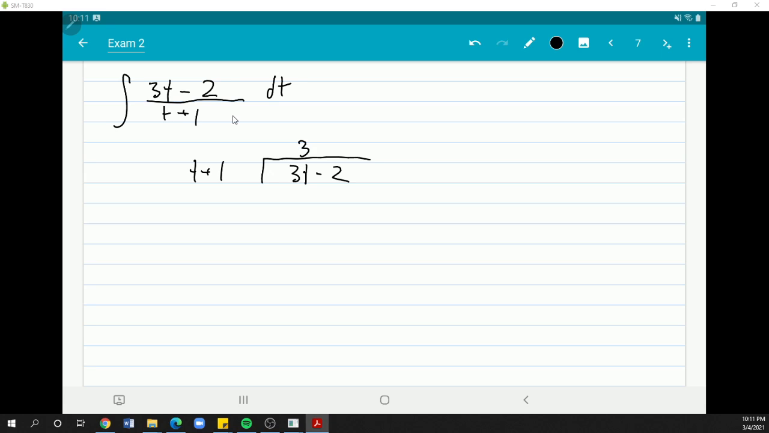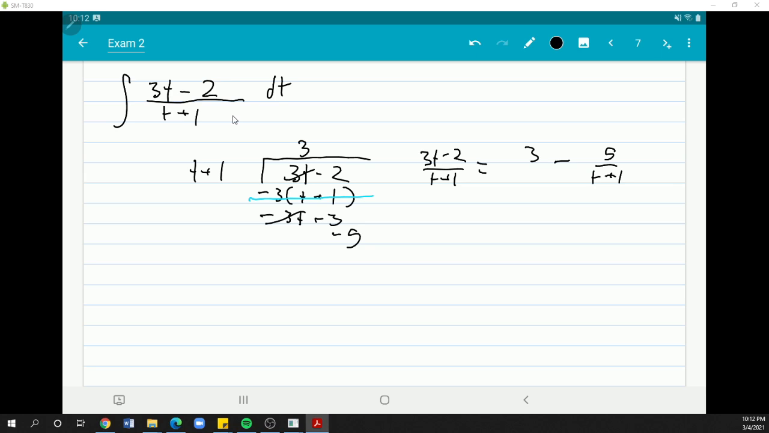Multiply by 3, that gives you 3t plus 3. Or in other words, minus 3t minus 3. So I'm going to X this out because we're done with it. And so these always need to cancel. And you're left with minus 5. So what did what we just do say? We said 3t minus 2 over t plus 1, that's equal to 3 minus 5